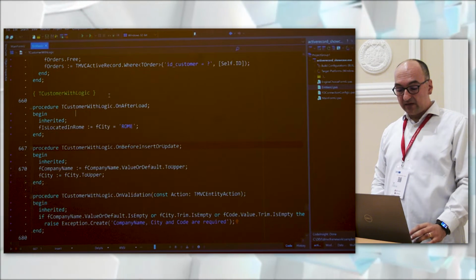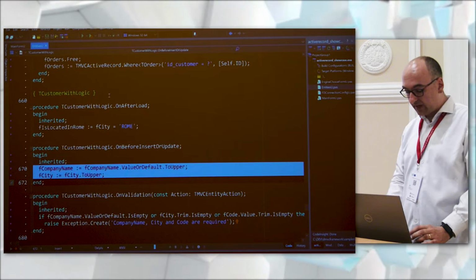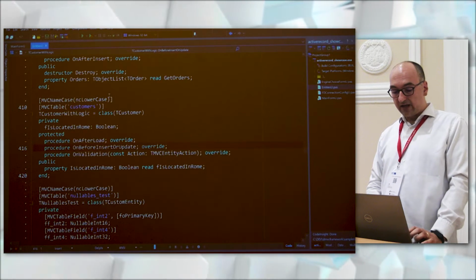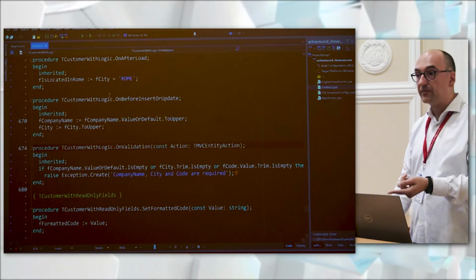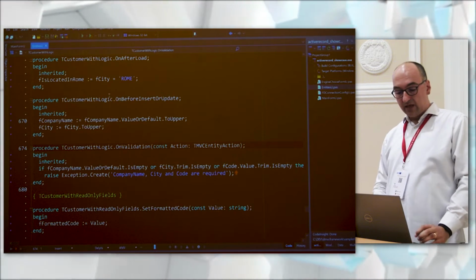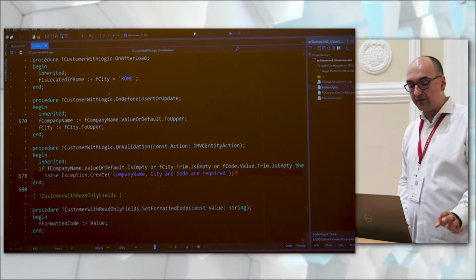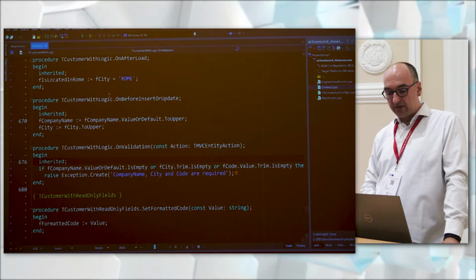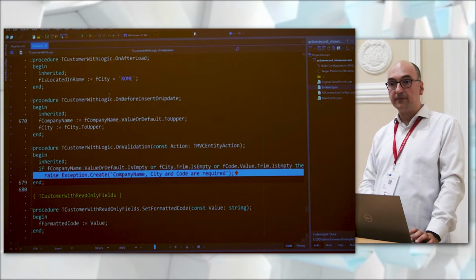Before insert or update, here I translate all company name and city in uppercase. And on validation, which gets also a parameter which tells me if I am inserting, deleting, updating, and so on, here I can do some checks. If company name, value or default is empty, or city is empty, or code is empty: company name, city, and code are required.